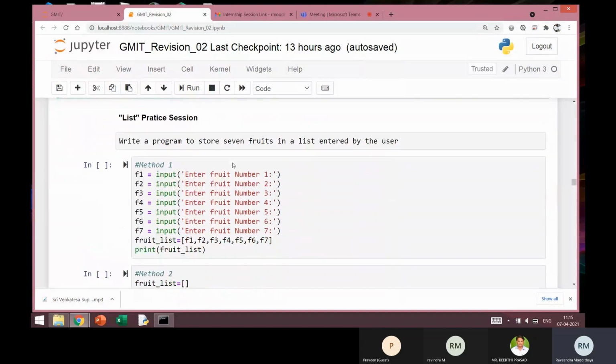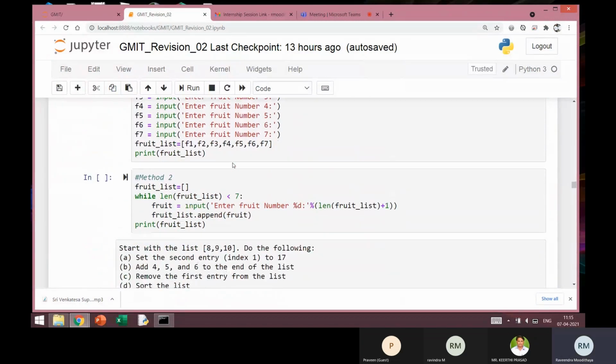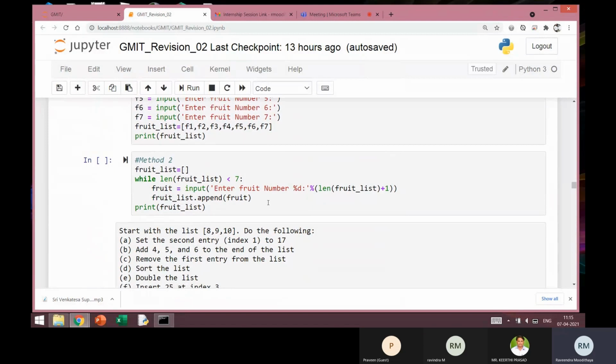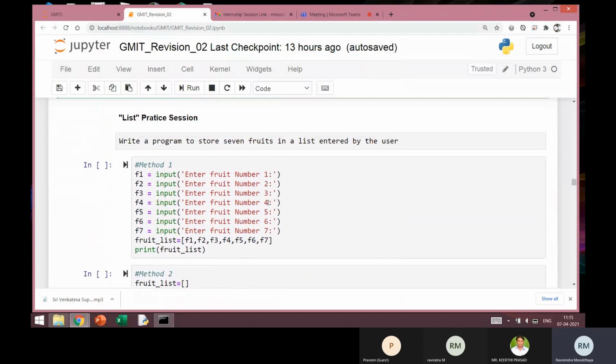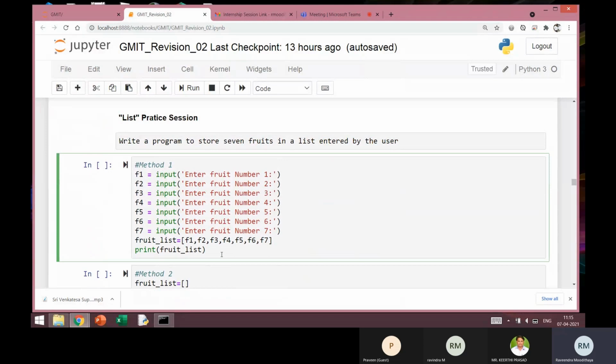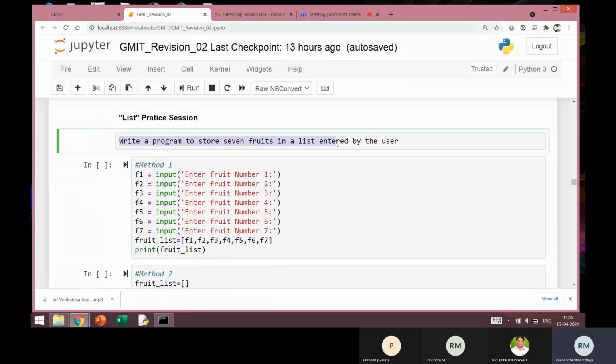Okay. Now I'll just illustrate a couple of practice examples, and in these examples you will find a few other tricks also to solve a given problem. So the first problem that we are looking at is: write a program to store 7 fruits in a list entered by the user.